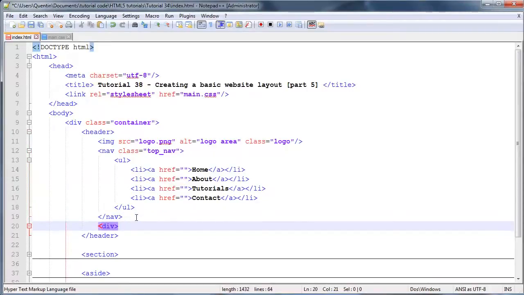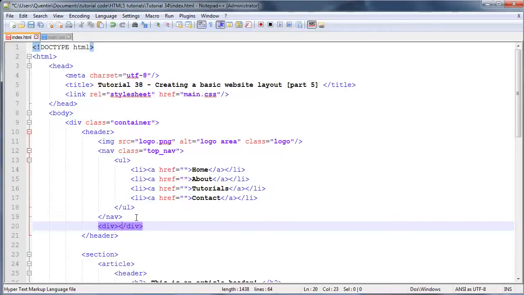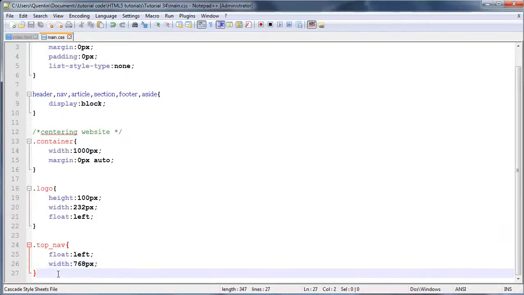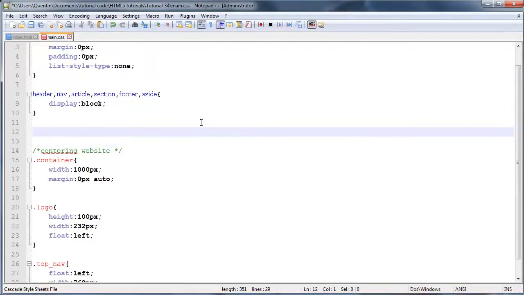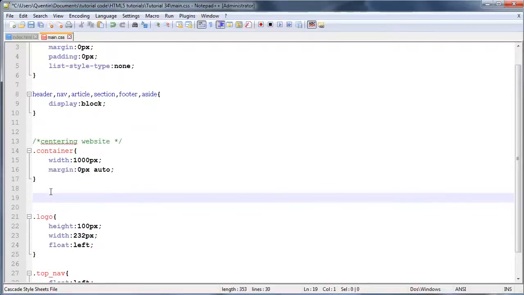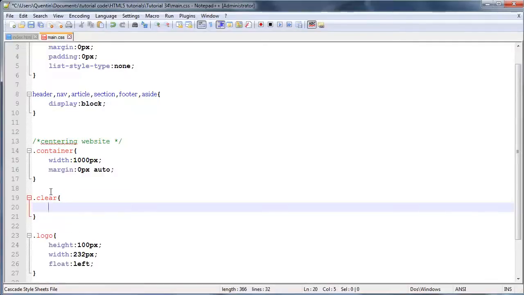So I'm just going to give this a div, and I'm going to end that div off, and it's going to be an empty div, but I'm going to give this div a class of clear. Now go back to CSS, and I'm not actually sure where to put it, but I'm going to put it up here maybe with the rest of the default stuff. So actually no, let's put it just right there. Okay, so select that class of clear, and we will just give this an attribute of clear both,